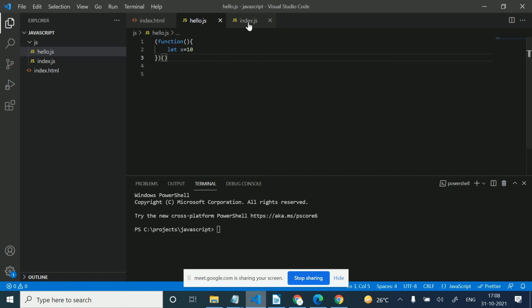It was saying this variable is already declared, but it is declared in another file and this one in this file, so there should be no conflict. But in the let case, we are getting the conflict. In this case the immediately invoked function is very useful: it resolves the conflict and optimizes our code, because our variable will not consume memory and will be released at the time of execution of our immediately invoked function.